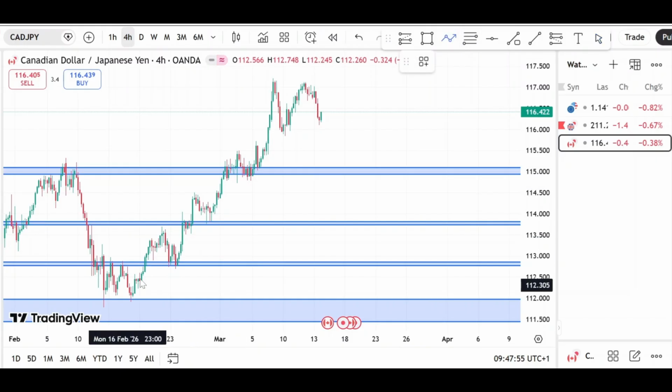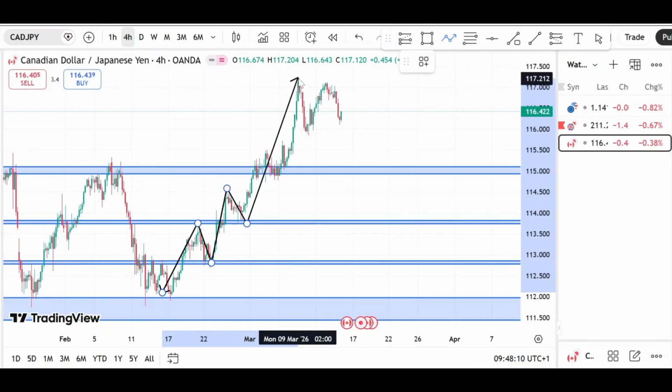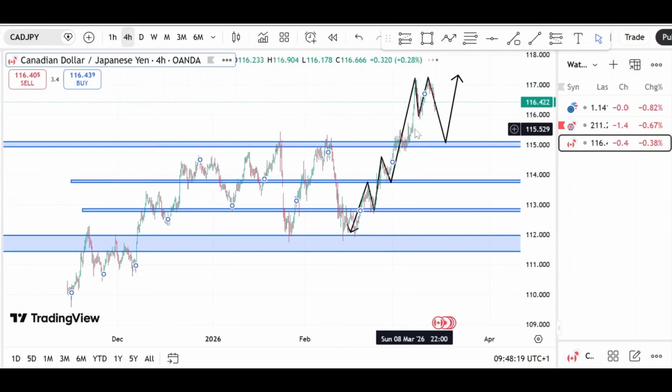You have been in an uptrend where break of structure created higher high, higher low, higher high, higher low. The daily resistance was broken to create higher high. So expect that the price is going to come to retest here on this daily support before we enter for buy in order to